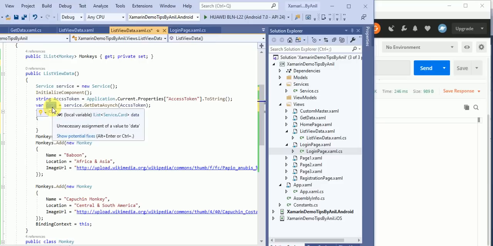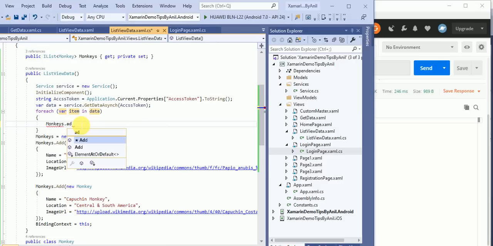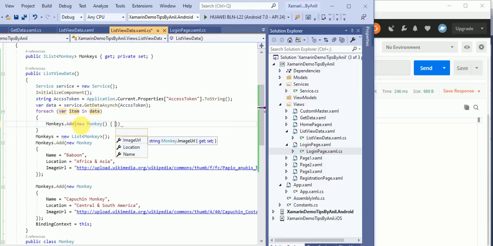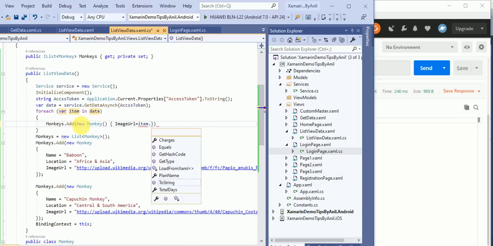Here I'll get the data and monkeys.Add new Monkeys. In image URL I will set item dot, suppose I'm setting total days.